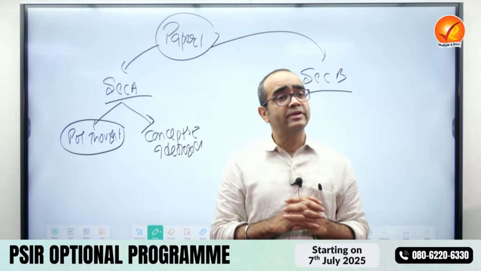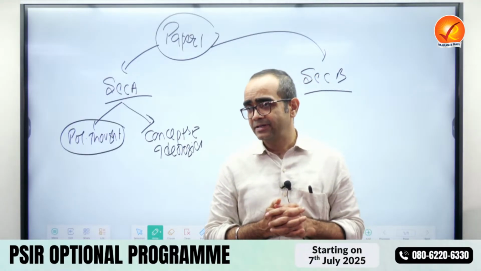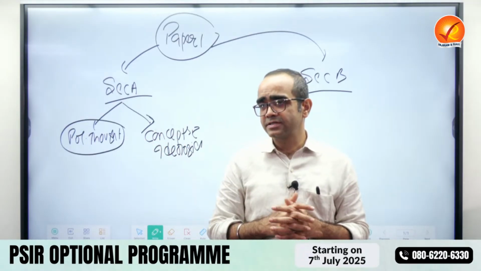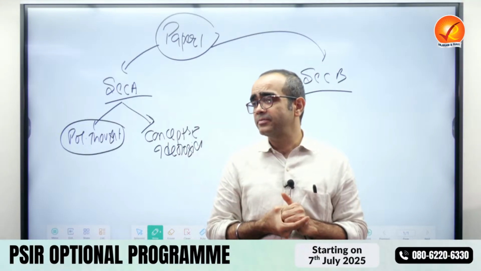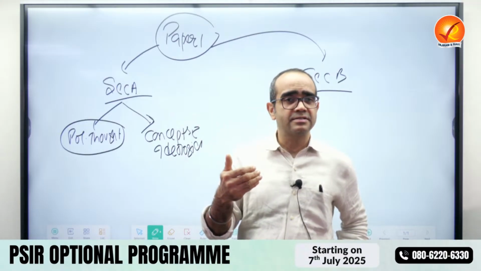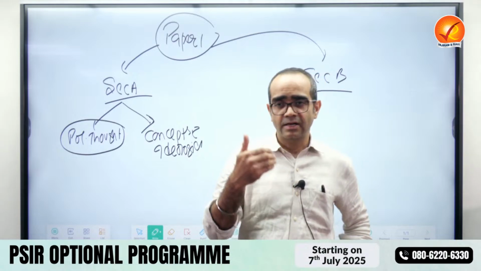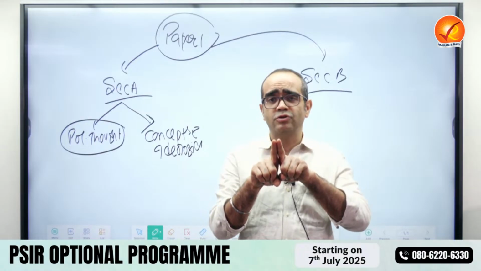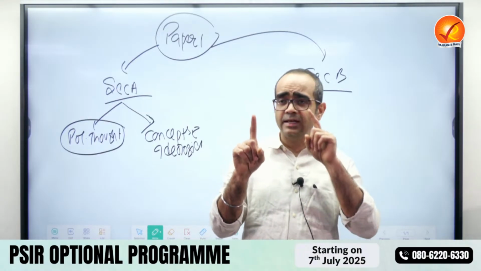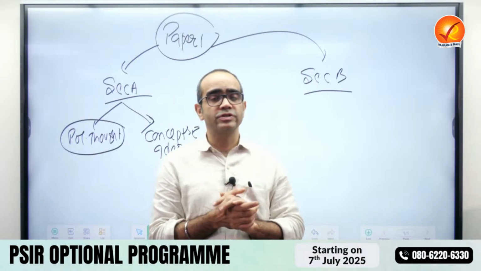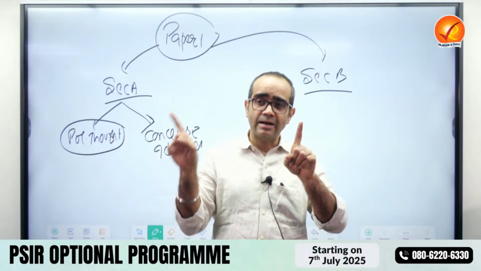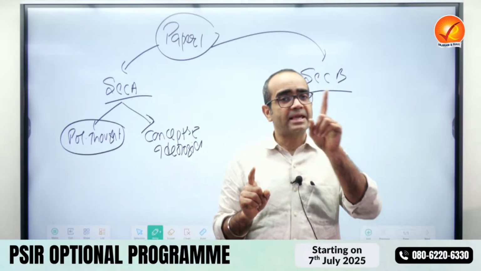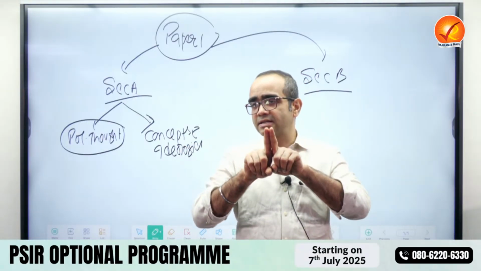Then we come to modern Western political thinkers, starting with Machiavelli, Hobbes, Locke, Rousseau, J.S. Mill, etc. In topic number 9, modern Indian thinkers start with Sir Syed Ahmad Khan, Gandhi, Ambedkar, M.N. Roy, etc. Sometimes UPSC asks for a comparison between these Indian and Western thinkers. For example, UPSC has asked a question comparing John Rawls's justice and Ambedkar's social justice, and another on Machiavelli's statecraft and Kautilya's statecraft.